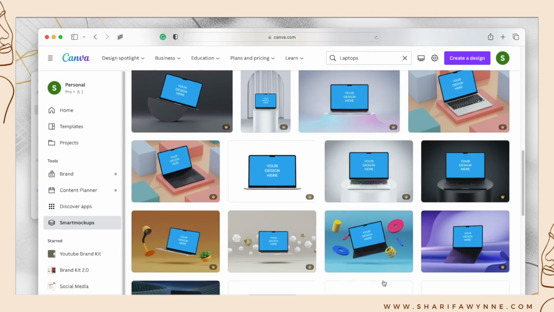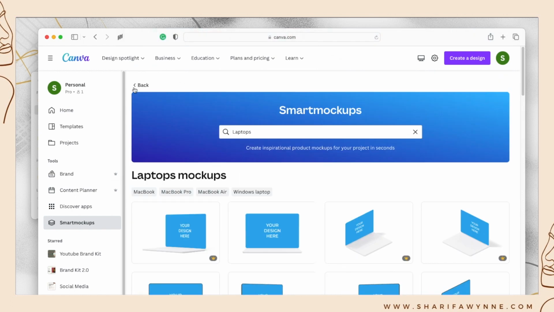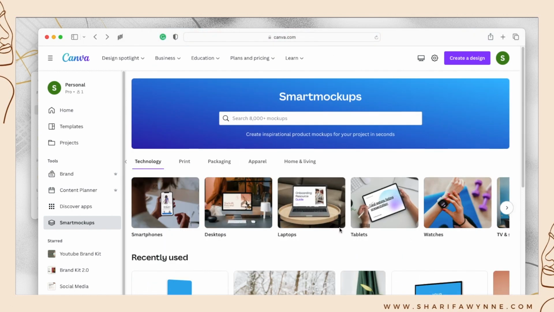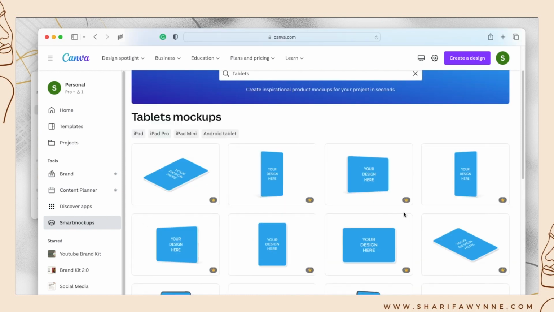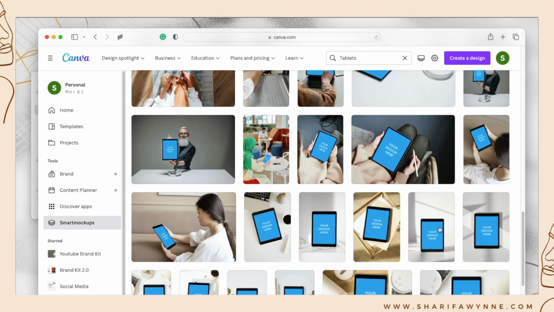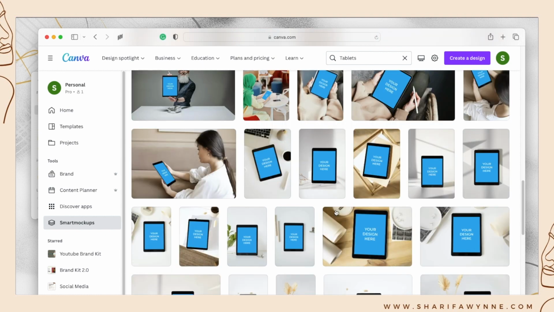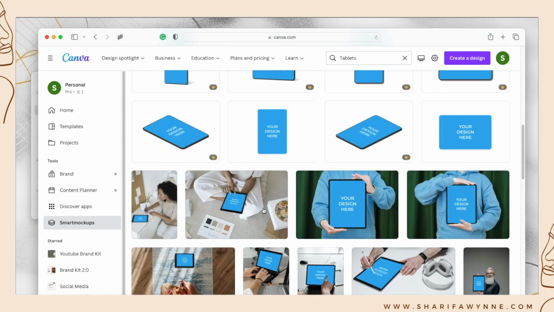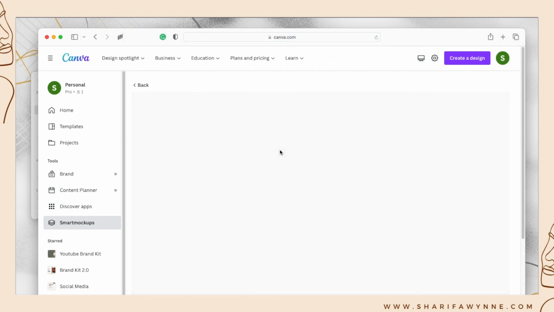So now I'm going to quickly show you how to utilize one of these within your Canva designs. So we are in the tablet section, and as you can see, there's some tablet mockups here. These would be great for just some quick social media posts, but again, I like to add to it, so I'm just going to select one of these very basic options. We're going to go with this one,